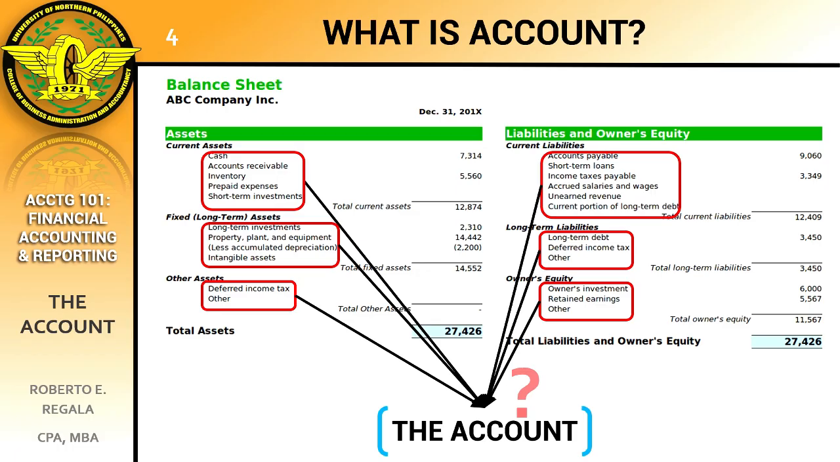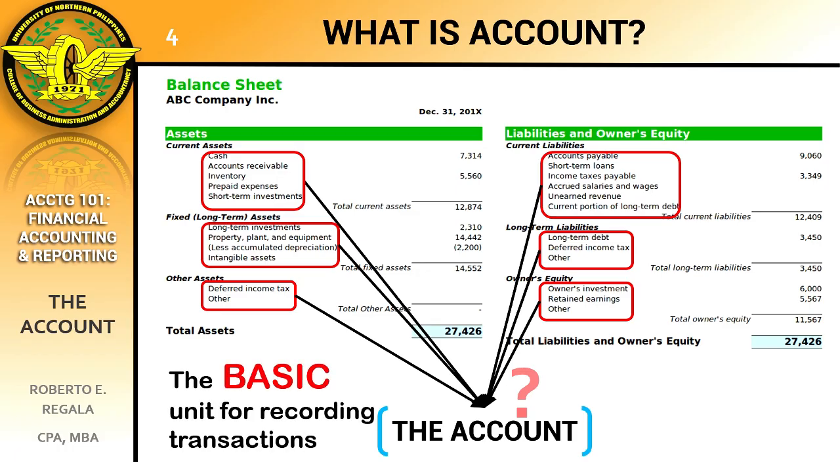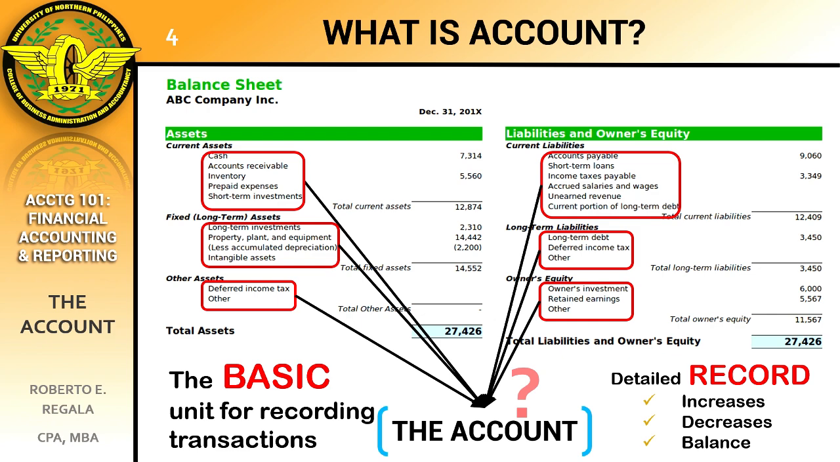An account is the basic unit for systematically recording and tracking financial transactions related to a specific asset, liability, equity, revenue, or expense. Think of an account as a way to keep track of your money, like a personal ledger, but for businesses. It's basically a record of all the financial stuff that happens, whether it's related to what you own or assets, what you owe or liabilities, your worth or equity, the money you make or revenue, or what